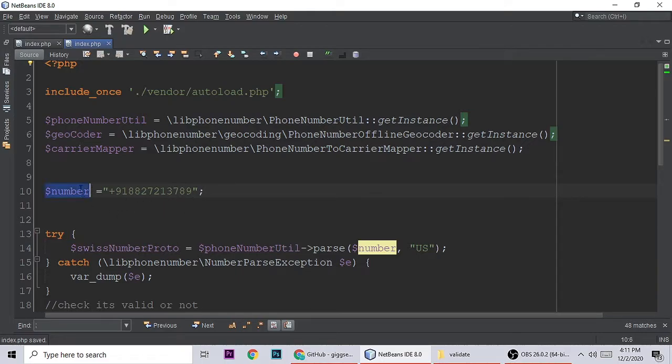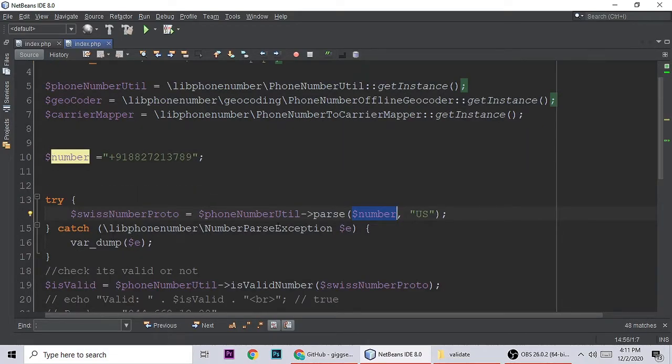This is the phone number, and it comes here. In the try and catch, here is the NumberParseException. If there is any error or problem getting the details from the library, it will show the error using var_dump.